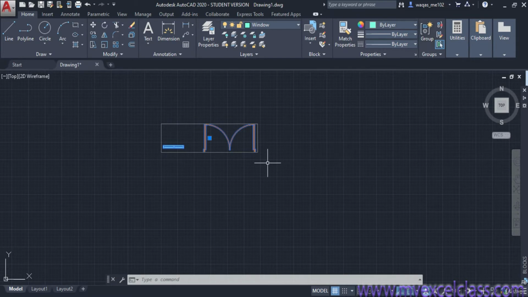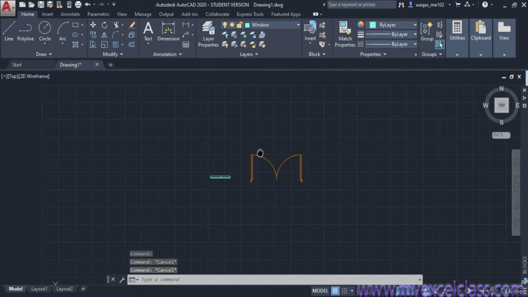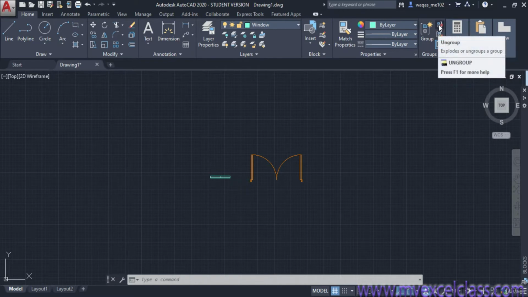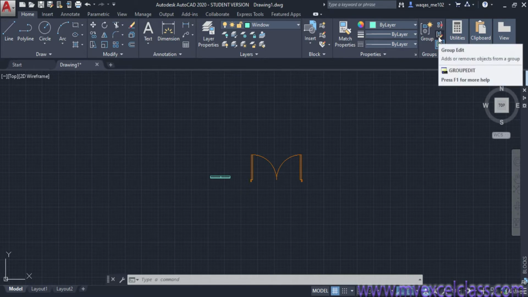Well, let's learn some modifications on this group panel. Here are three different options: here is the group edit, here is the ungroup, and here is the group selection.